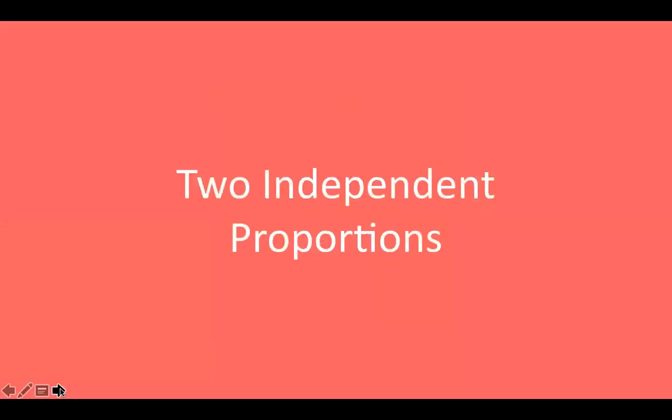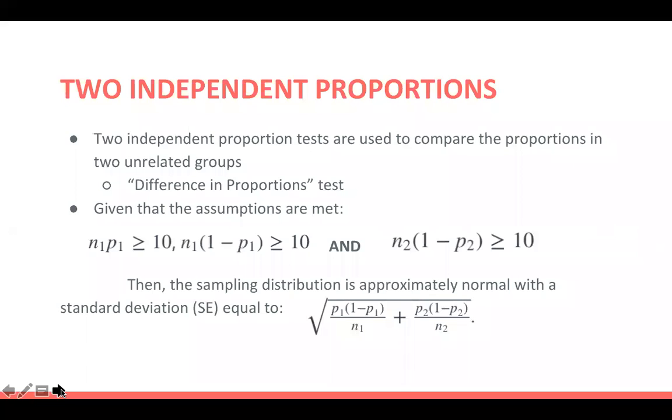We're going to start off similar to the way we did last time, with 2 independent proportions. Here we compare the proportions in 2 unrelated groups. We want to make sure that these 2 groups are unrelated from one another. It's also known as a difference in proportions test. Our assumptions here, we have to use assumptions for 2 groups. So we want to make sure that each group, each proportion in each sample size